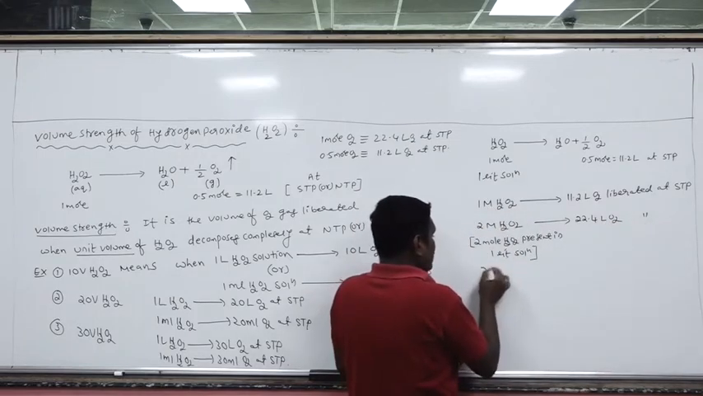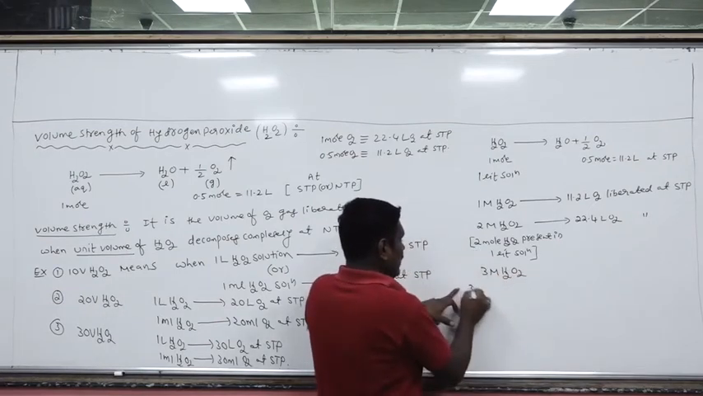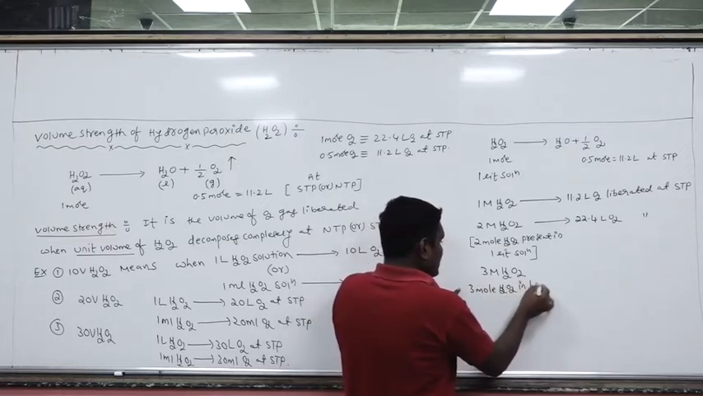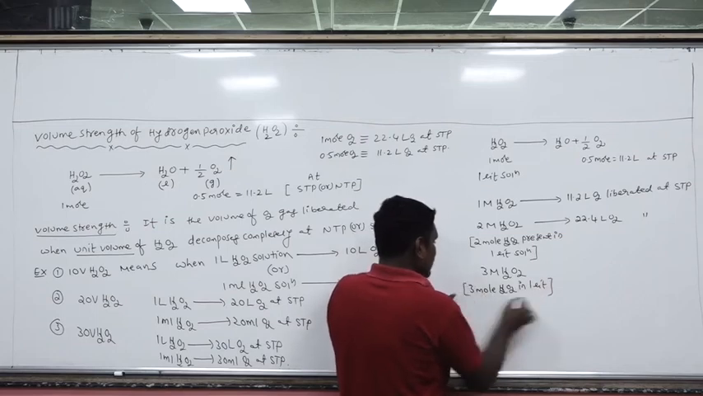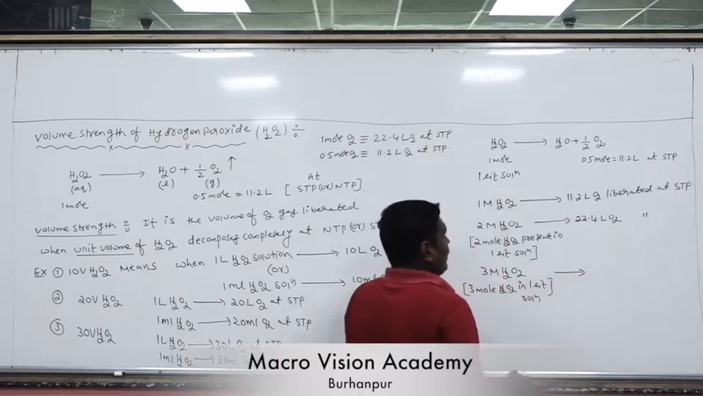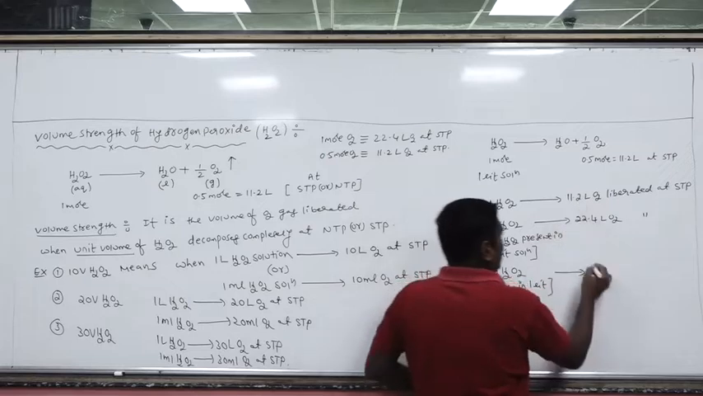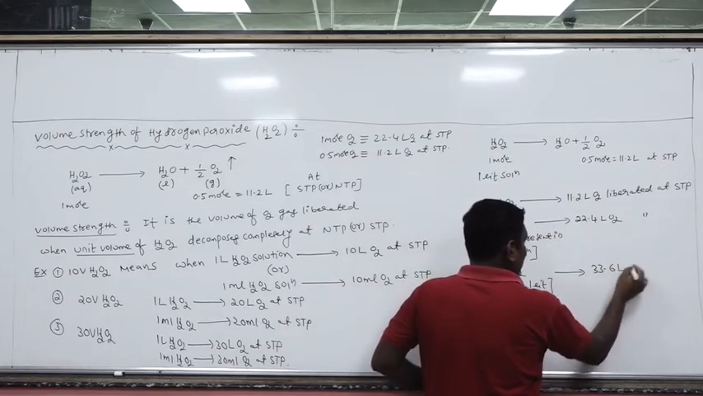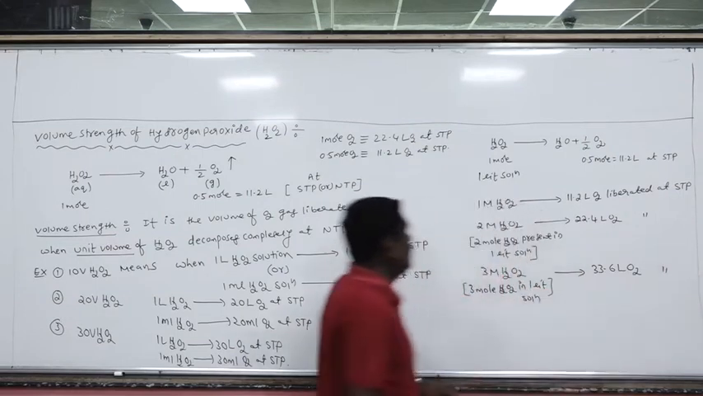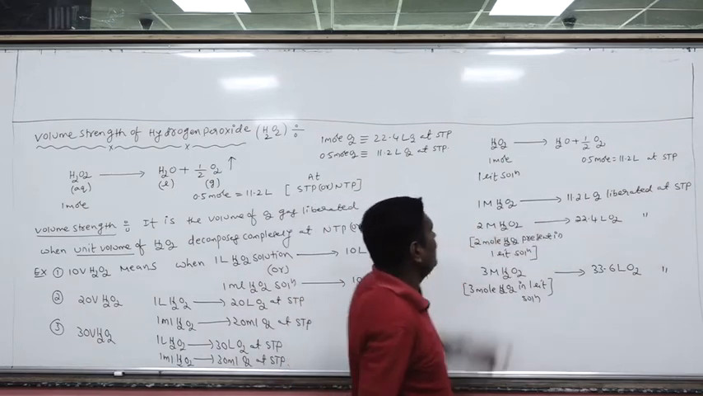Let's suppose I have 3 molar solution H2O2. Again 3 moles of solute. How many moles? 3 moles H2O2 in how many liters? Again 1 liter solution. Now how many liters of oxygen will be liberated? Multiple of 3 times 11.2, that is 33.6 liters of O2. Are you getting my point? At STP condition. Once again, 1 molar H2O2, 11.2 liters of O2 liberated, because